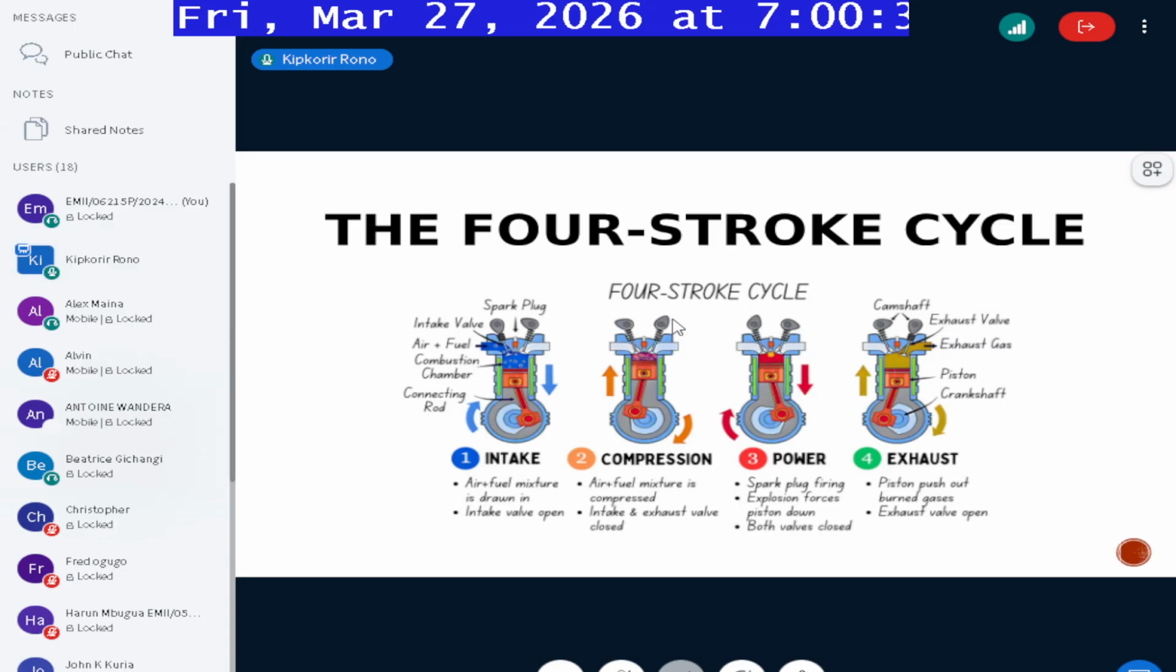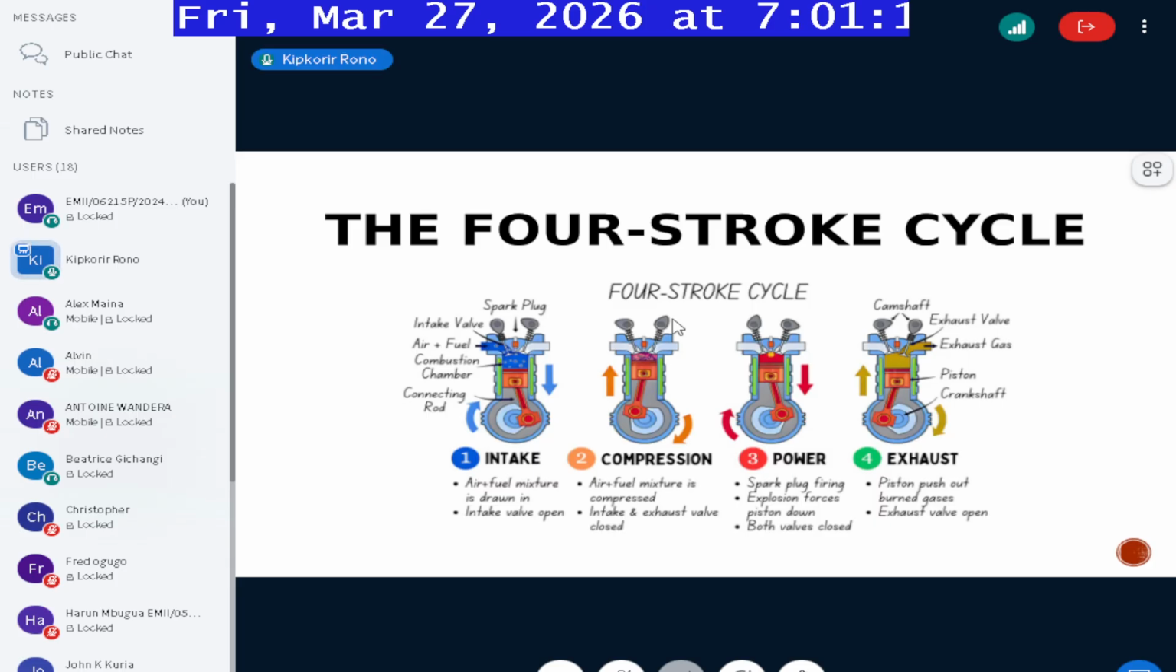Now, air fuel comes in. The piston will move downwards. During that time, the intake valve is open while the exhaust valve is closed. It's pretty simple. So the intake valve will be open, then the piston will move downwards. As the piston moves downwards, I want to note one thing, that there is some